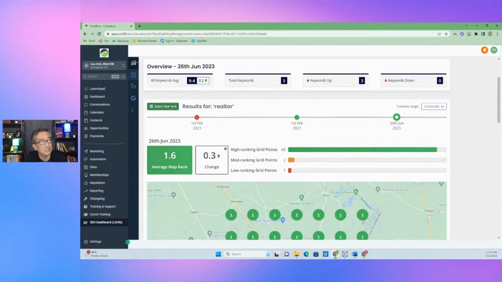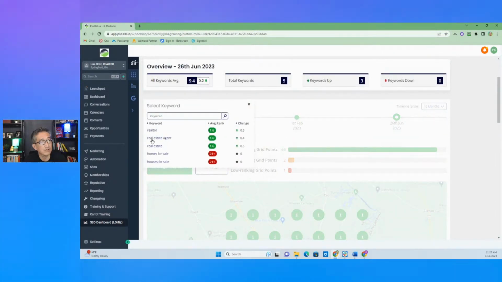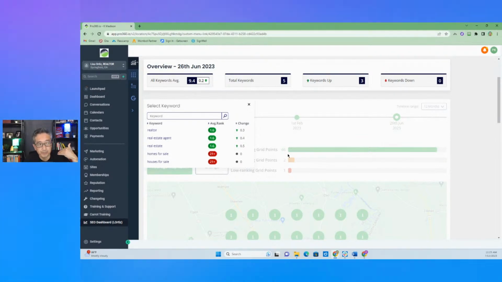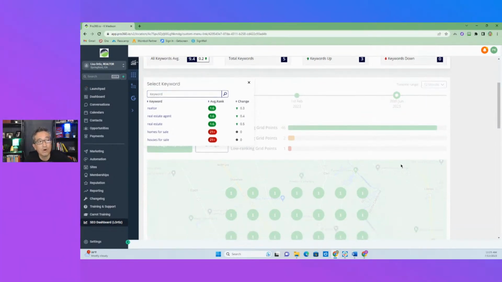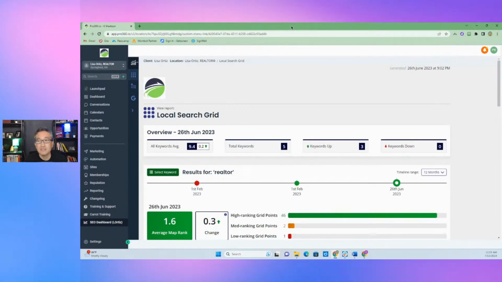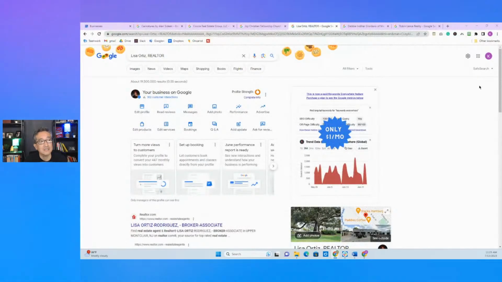Let me see how she's ranking. So she's ranking for realtor, real estate agent, real estate. The reason why she's not ranking for homes for sale is because we're not optimizing her Google Business Profile as well as her website for those terms. Okay. All right. Next thing that we're going to discuss is